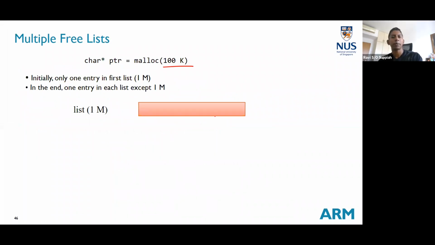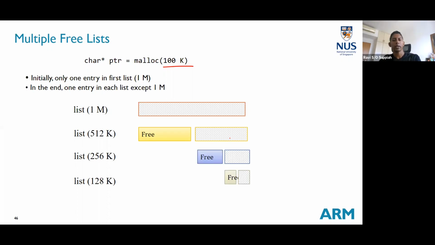So in this example, if let's say I want 100K, and I'm using this multiple free list approach, what will I do? In the OS, what it will do is first create the list like this. 1 megabyte will be split up into 512K, 256K, 128K, and so on down to 8K, and you will allocate one of the holes. Of course, part of it is still free, but it is fine. So that is basically how the free list approach will work when the OS